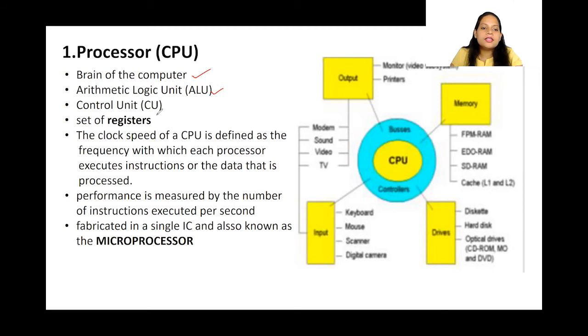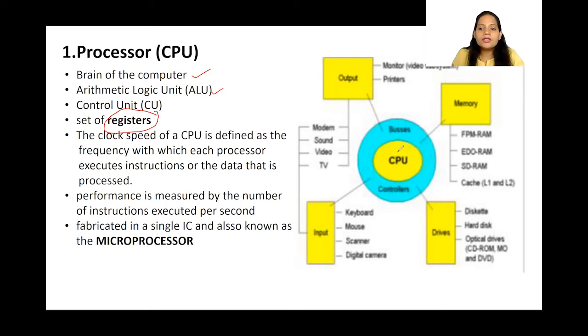And the CPU also consists of registers. Registers are the small memory. They are very fast, which is inside the CPU. They store the results or certain important things which are needed by the CPU at that moment while it is doing certain calculations. So it holds those data. Okay, it will not hold permanently, but it holds temporarily during the operation.